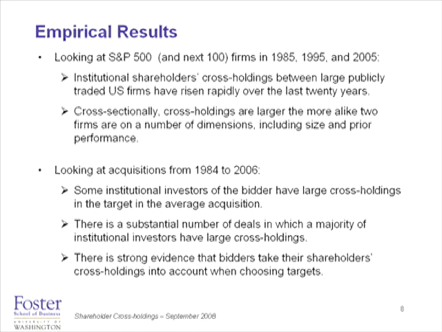The one they pick is the one that has higher cross holdings, even controlling for these other dimensions. And just to lay it all out there, we'll never really be able to fully put to rest the possibility that there's some unmodeled dimension that both leads institutional investors to hold more shares in this particular pair of firms, and those firms want to merge. So there could be this external dimension that is causing that, but we try our hardest to minimize the chance that that's what's going on by trying to capture as many dimensions as possible in our model.